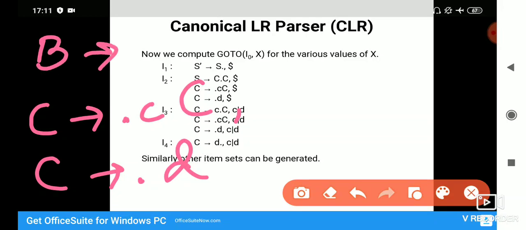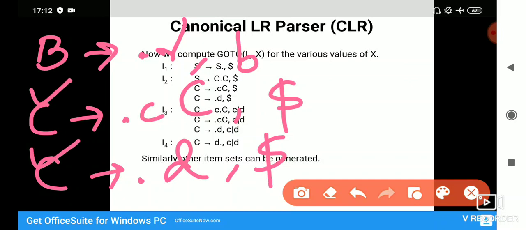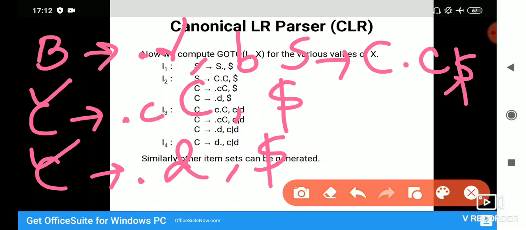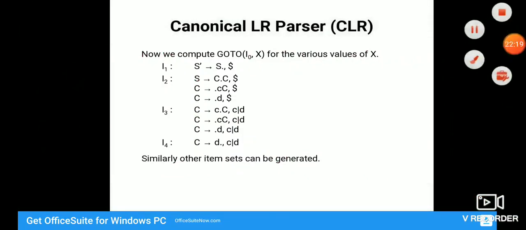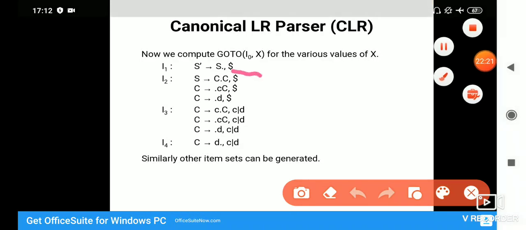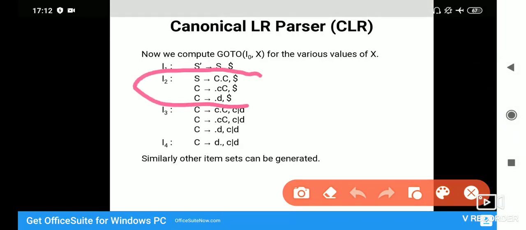The items should be included in the form B → .γ, b. B in our case is only dollar, so I am including dollar. So there are three items. These are two items, and one is S → C.C, $. This was part of J. So these are the three items that we included in this particular item set, and we will name this as I2. That you can see over here in this particular example, I2. Okay.